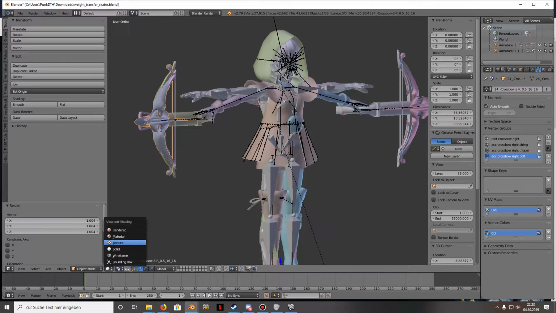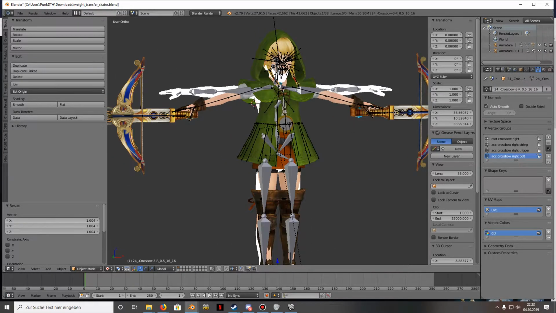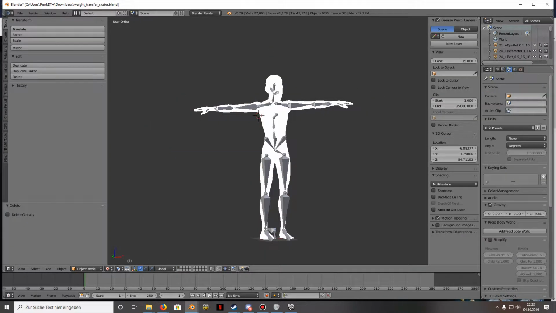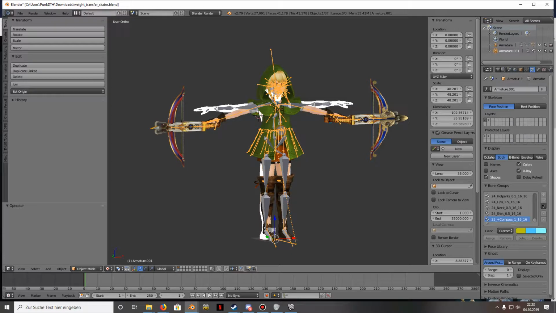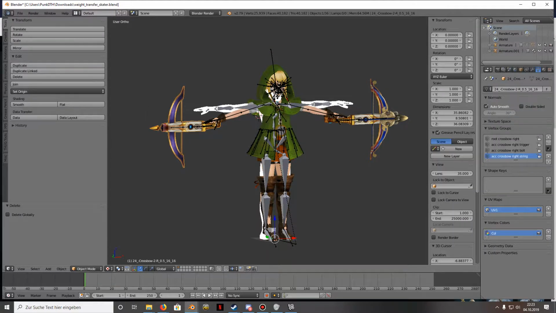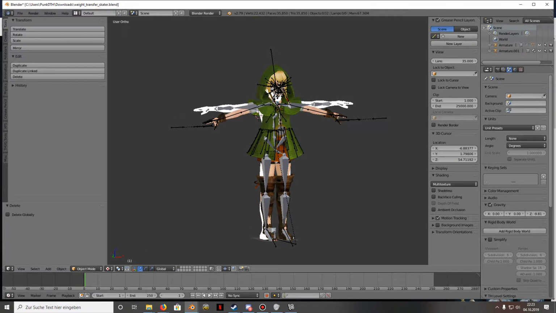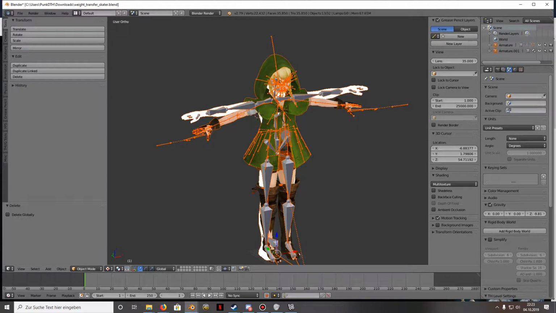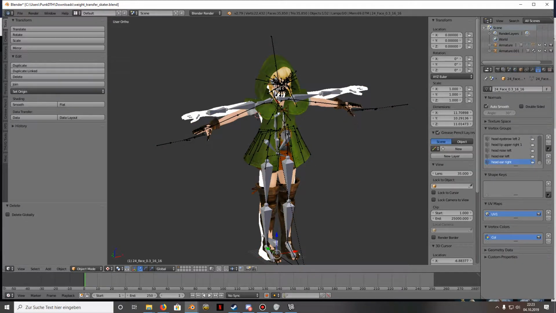Switching to texture only for you to see it a little bit better. I delete, oops, too much. I delete the crossbows, and then I can also mark her with B, but